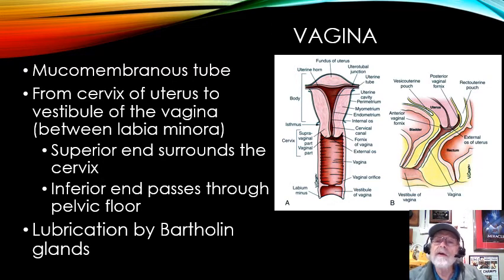What you might see on this view, looking at the right hand image, is the bladder, and just behind that is the area of the vagina. Then this area up in here is the area of the cervix, and right through the middle of that would be the cervical os, right here. This is called the endocervical canal. Endo means within, cervical means cervix, okay, and that would be the endocervical canal.